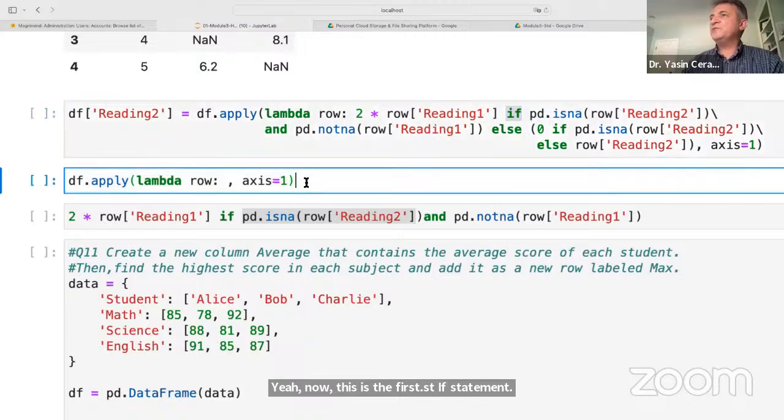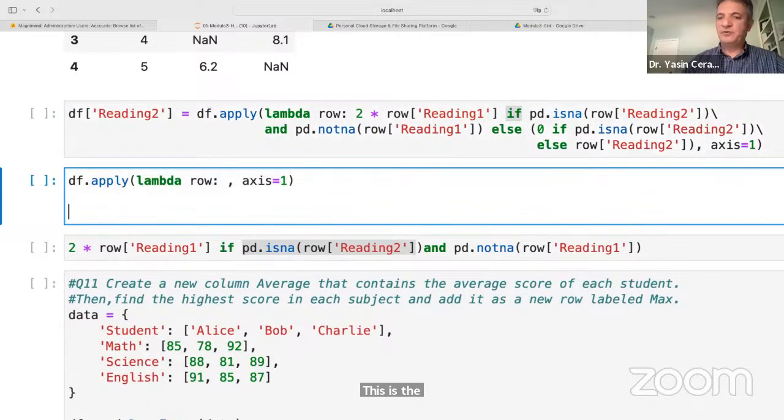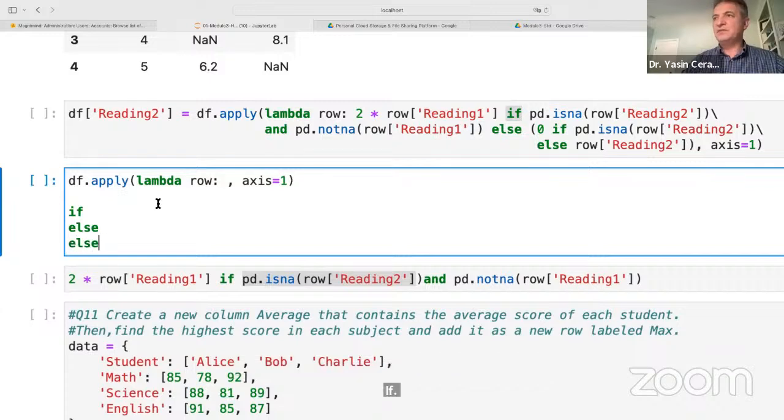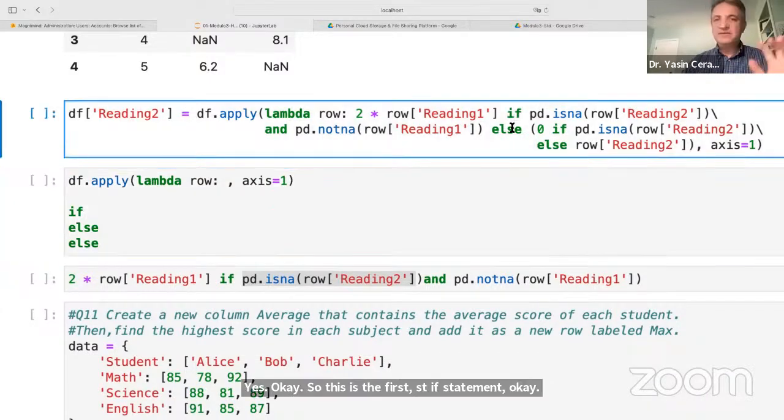So what we are doing is an if else. Okay, so this is the first if statement. Now else, if that is not the case,